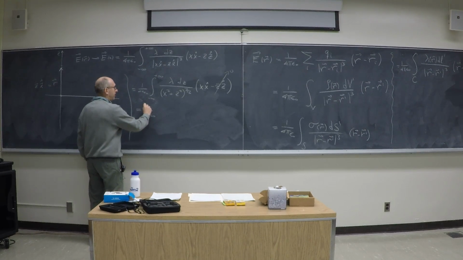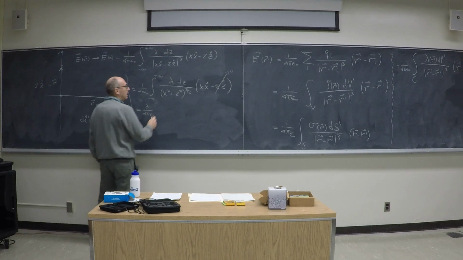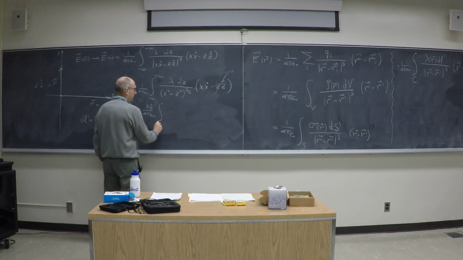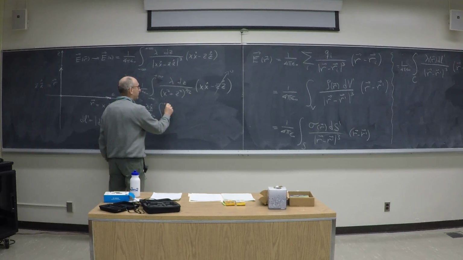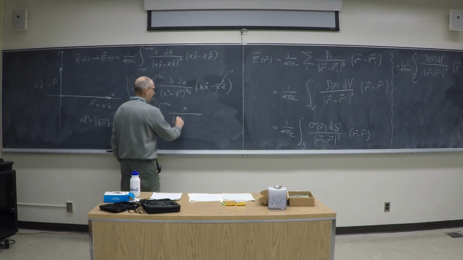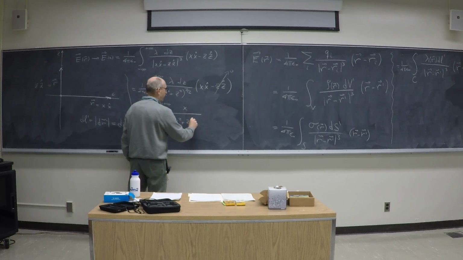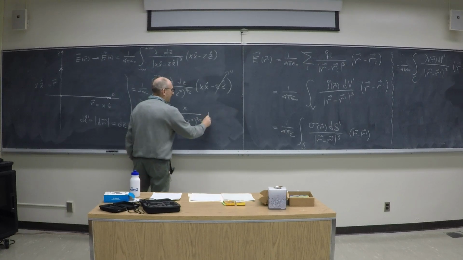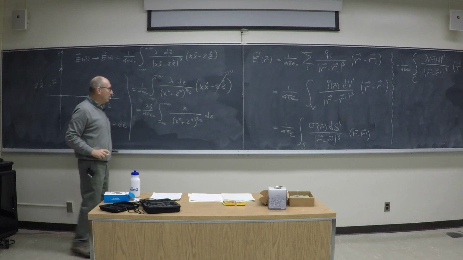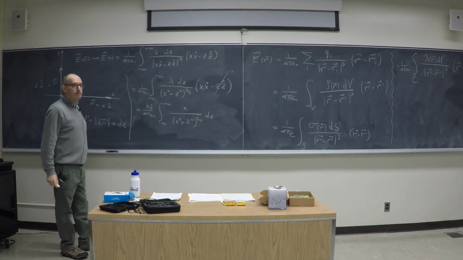Actually, the lambda can be taken out, and the x direction also can be taken out, and then we end up with this. Now, of course, the x I can take out if I want, but let me leave it there for a moment, okay? So, what I want to do, I'm integrating in z,